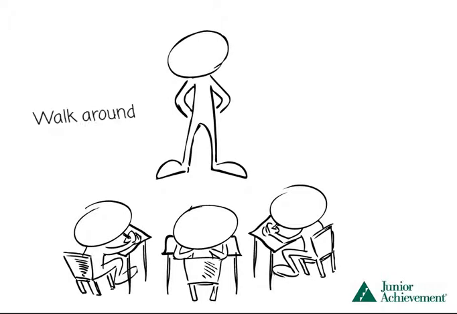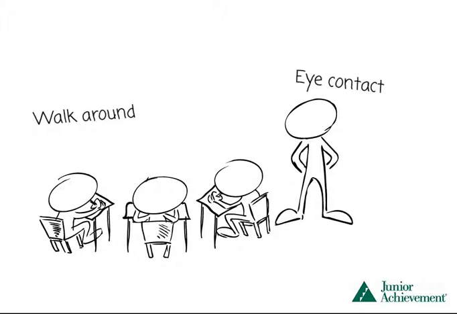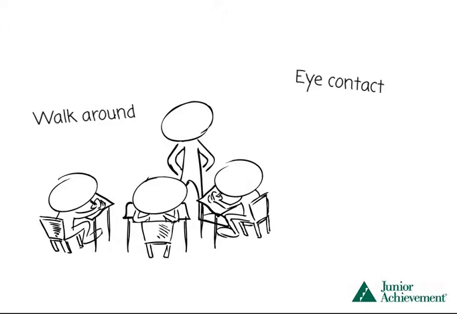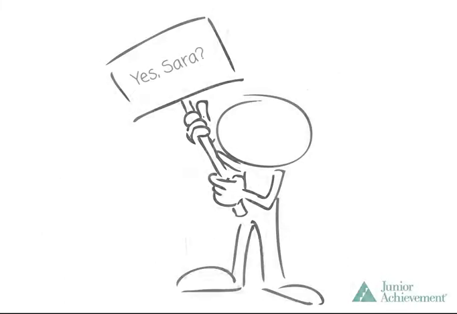As you're presenting, walk around and try to make eye contact. Keep moving throughout the room. Your proximity alone is a powerful motivator that can get students engaged. If a group appears distracted or off task, move closer to them with an encouraging motive and just stand by to see what they do next.